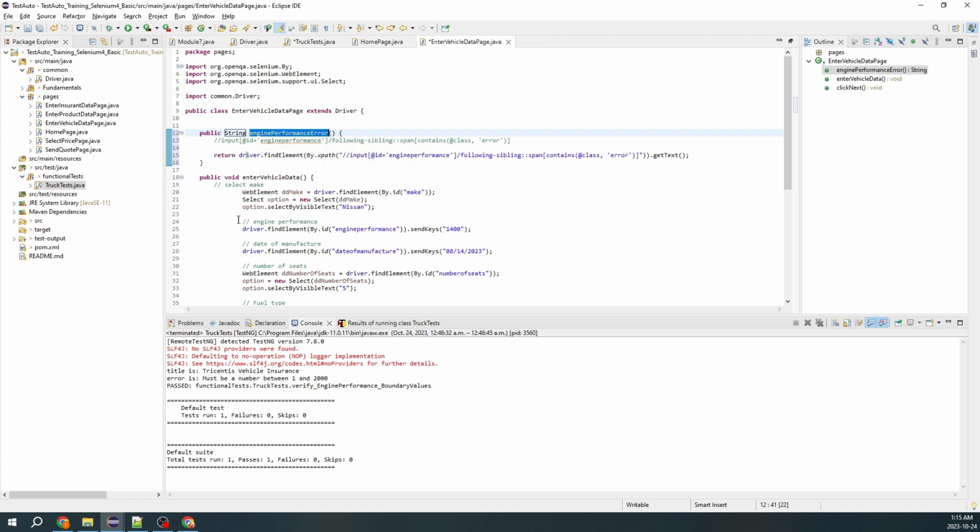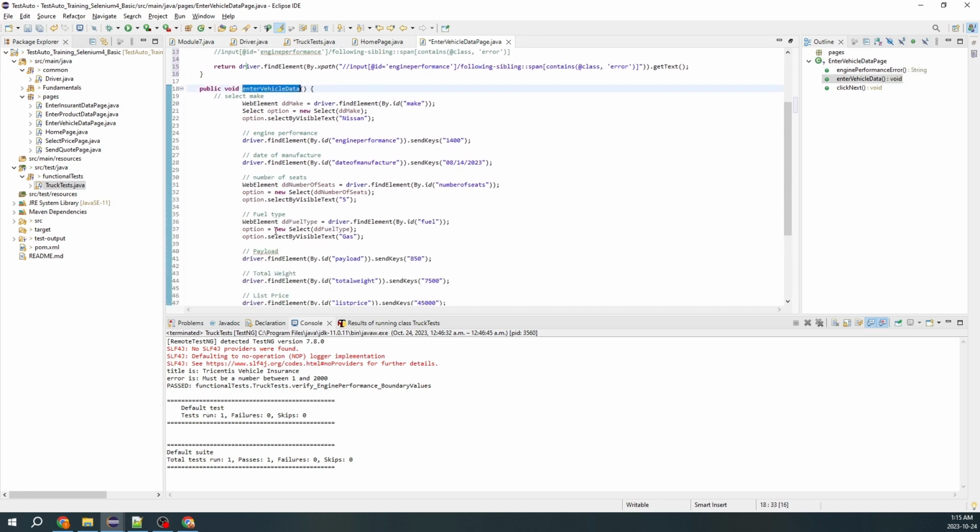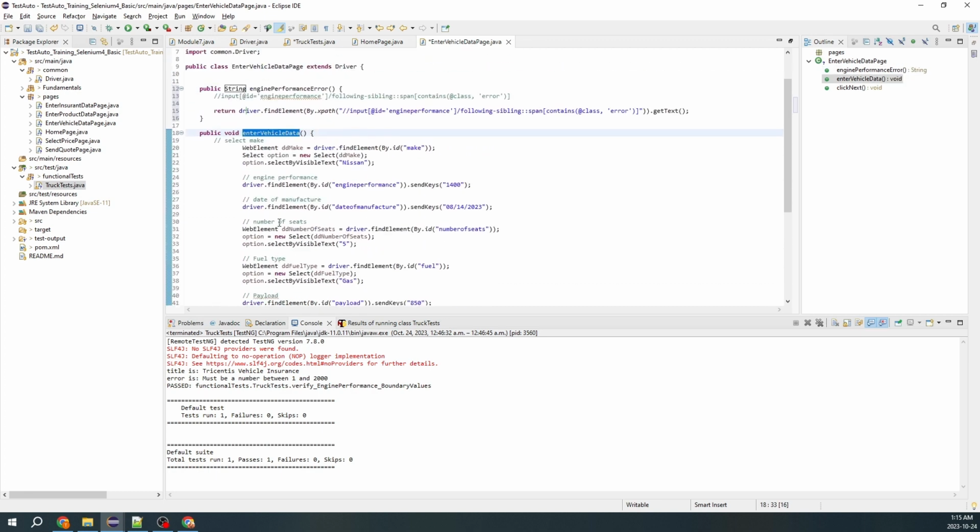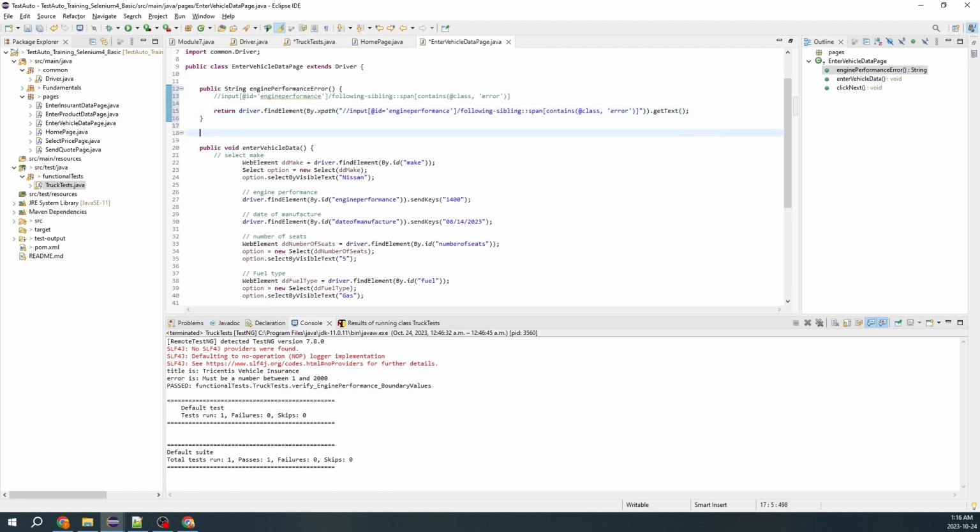Now I need, although I had enter vehicle data, the entire data I copied here, but now I need a custom function which can pass only one field data so that we can quickly run our test. Okay, so what I will do, I will create another method here, public void engine performance,